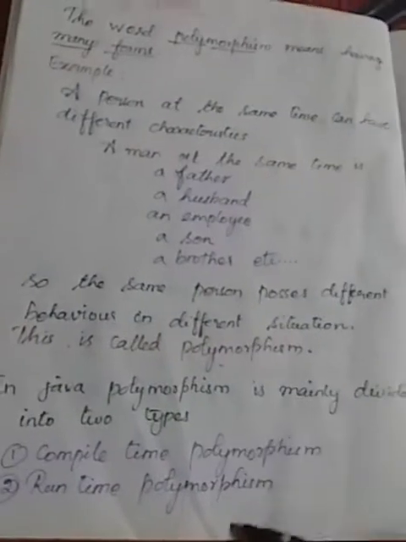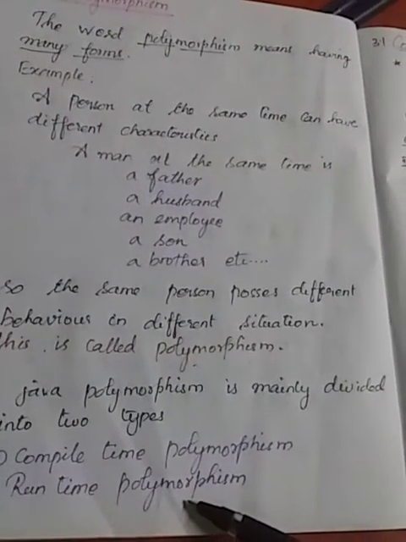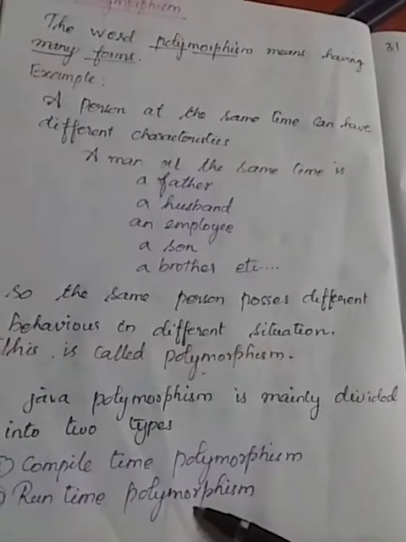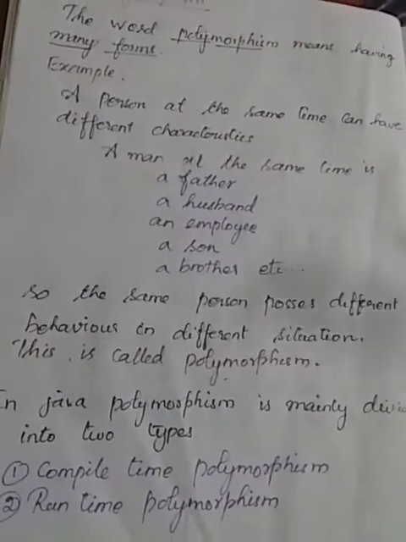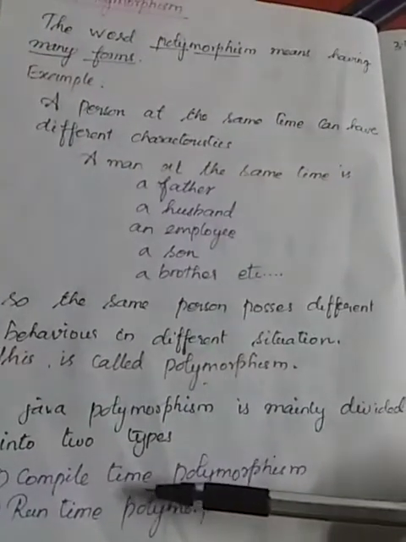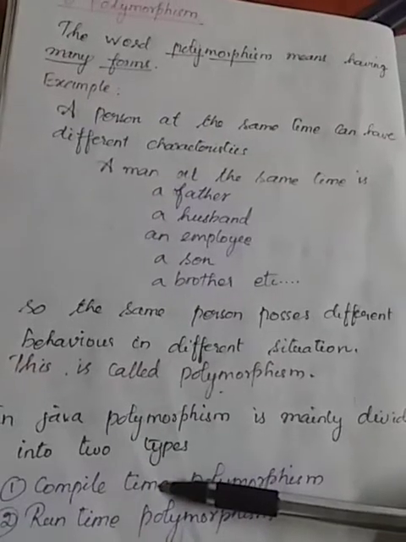In Java, polymorphism comes in two types. One is compile time polymorphism, and the other is runtime polymorphism. Let us see what compile time and runtime are. Compile time is before execution. That is, before execution, if